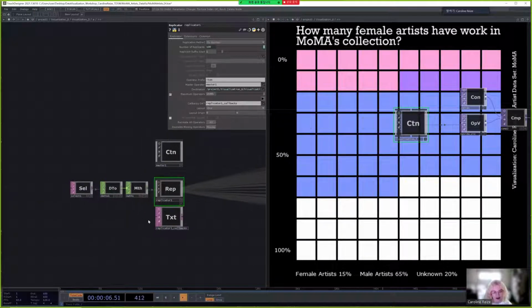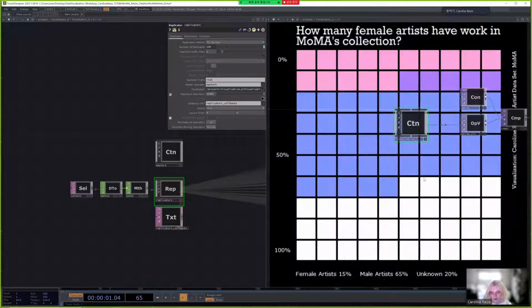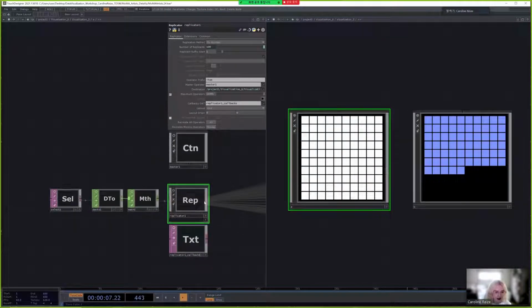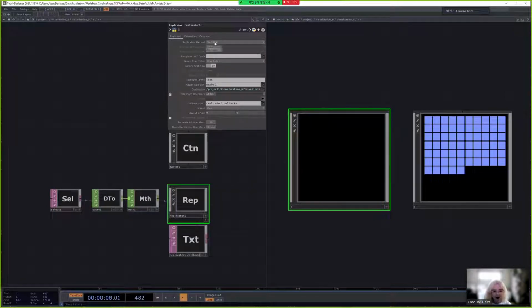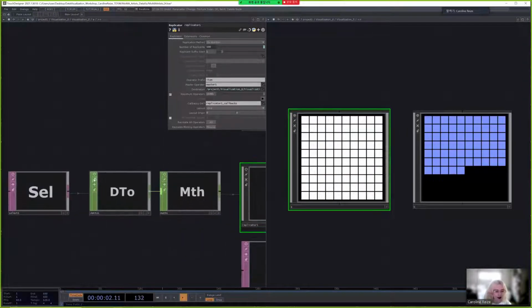So usually what you will probably see is people using a table with the replicator comp. But there's actually two replication methods. One is by table, and the other one is by number. So what I did is